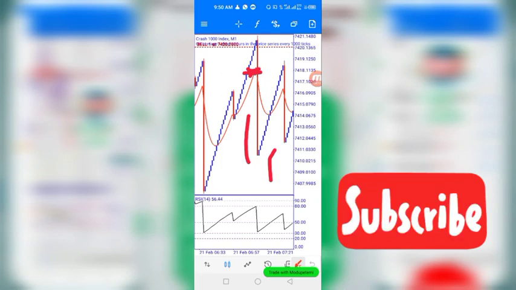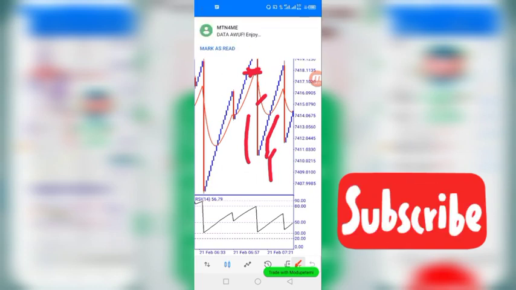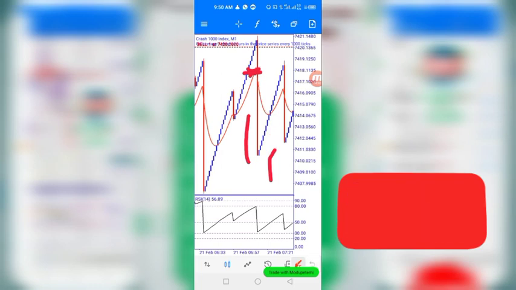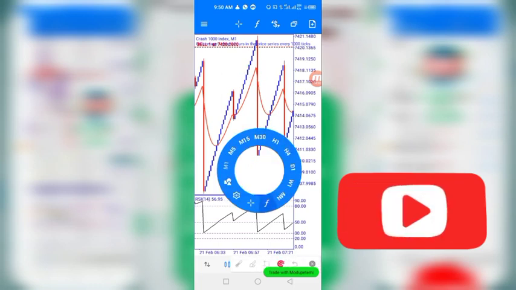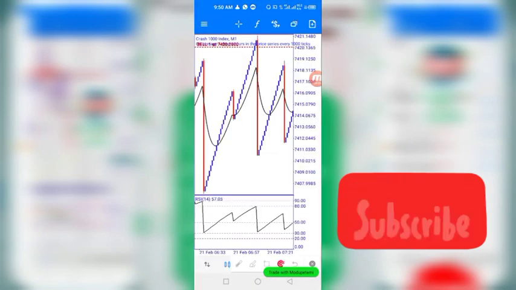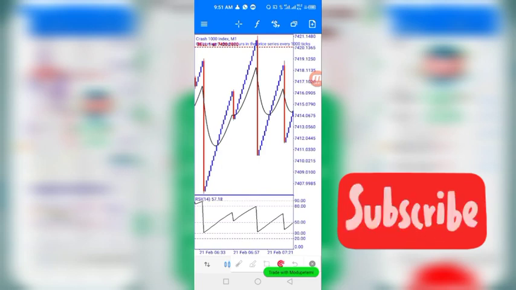You wait for the reversal to be above this 13 moving average. Or let me just change the color of the 13 moving average. Let me change it to black. Okay, I think it's better now. So as I was saying, you wait for the